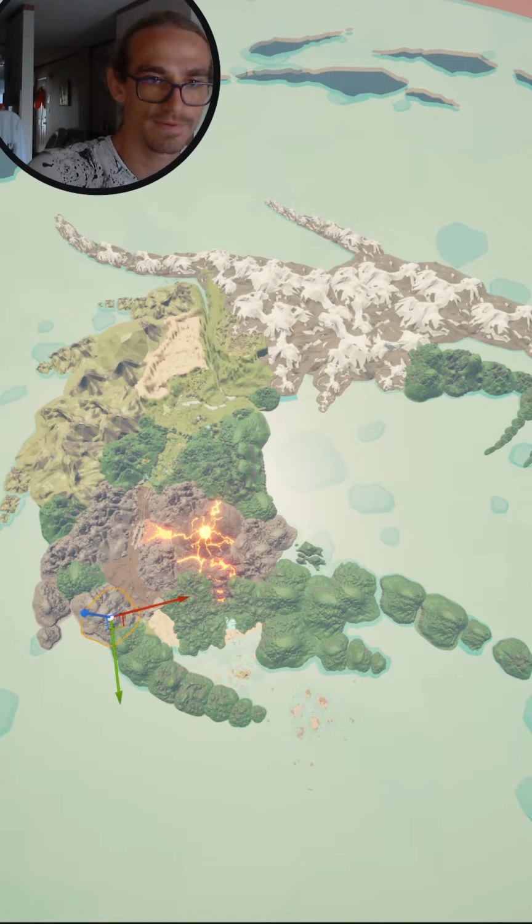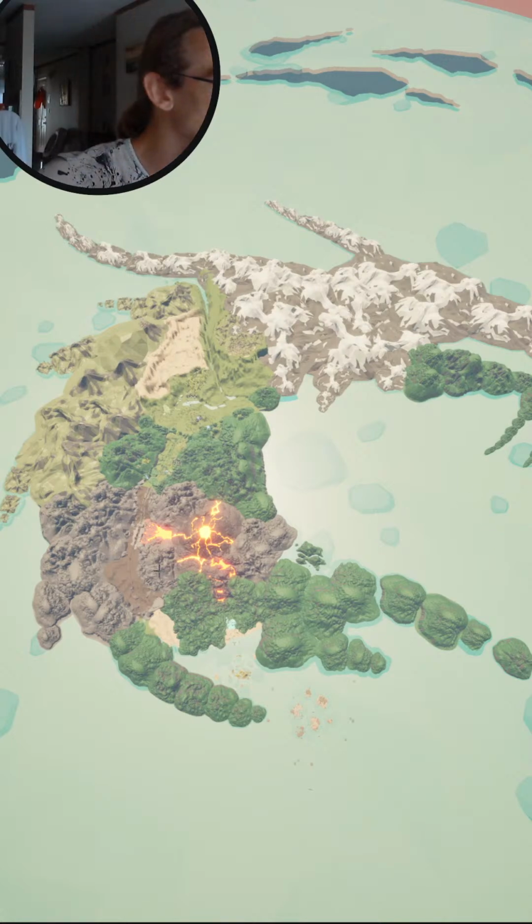Also, let me try to place this texture on this mountain here, because this is supposed to be also this one. It's supposed to be a dry, there you go, volcanic rock. There you go. And also I think I'm gonna do the same here. I'm gonna try to give it that color to these mountains right here, and also this one, and this one. Just push it, make it gray,